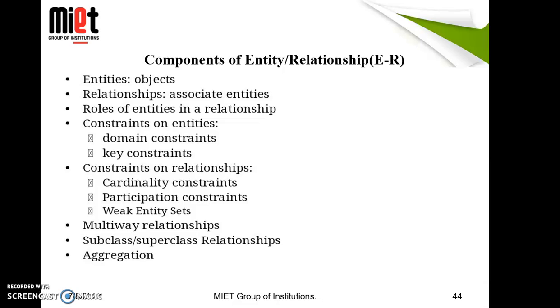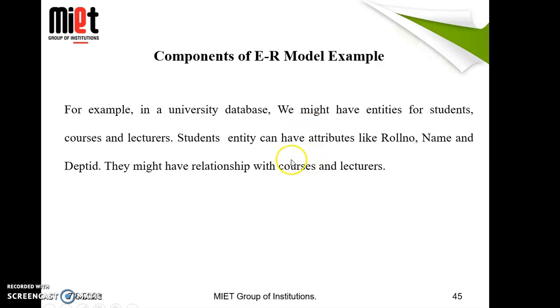Entity, what is an entity? The fundamental item in any data model is the entity. An entity can be a real-world object that can be easily identifiable. For example, in a school database, student, teacher, classes, and courses offered can be considered as entities. All these entities have some attributes and properties that give them their identity. So these are the entities.